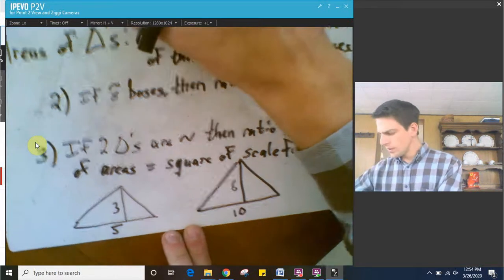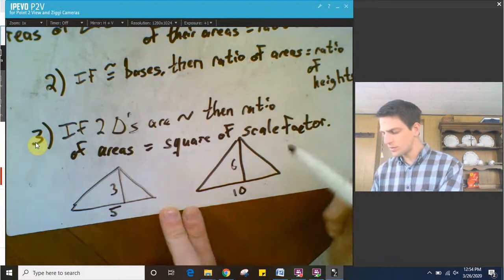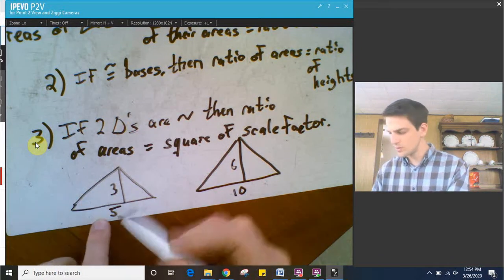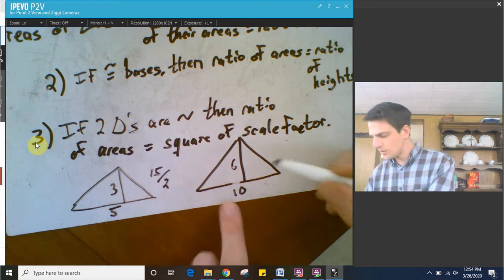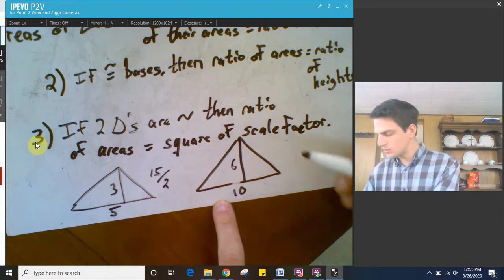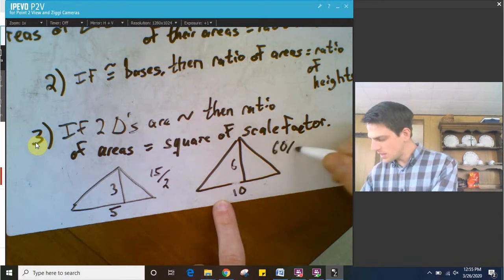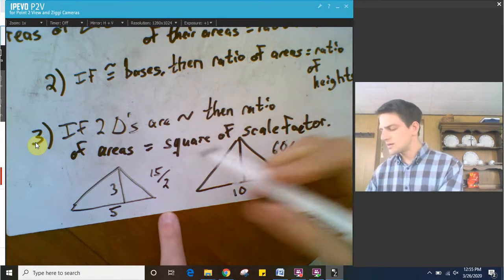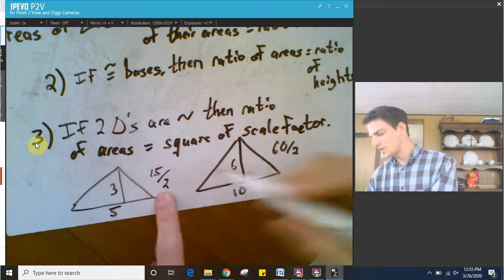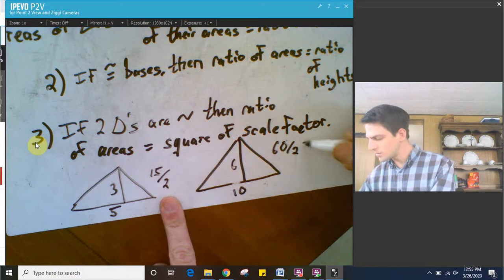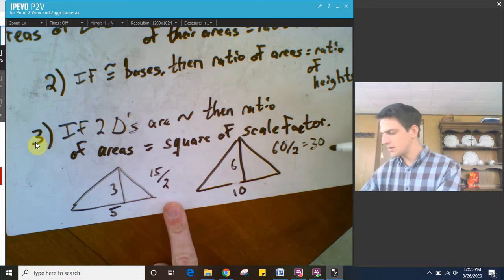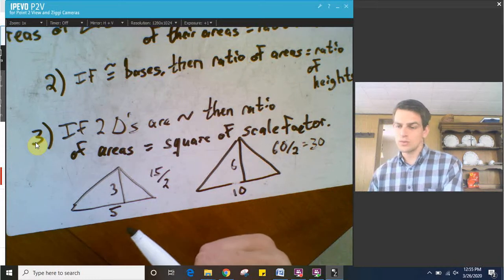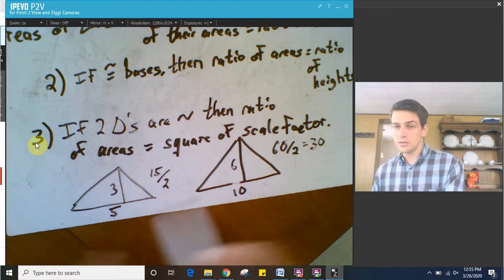So right here we have a scale factor of 1 to 2, and if we find the ratio of the areas here, this one becomes base times height over 2, which is 15 halves. The area of this one here is going to be 6 times 10 over 2, which is 60 halves. And so what we find is, well, I'm not going to simplify 15 halves, that's 7.5, and this becomes 30. And 30 is 4 times 15 halves. So the scale factor is 2, and so the ratio of their areas is going to be the square of